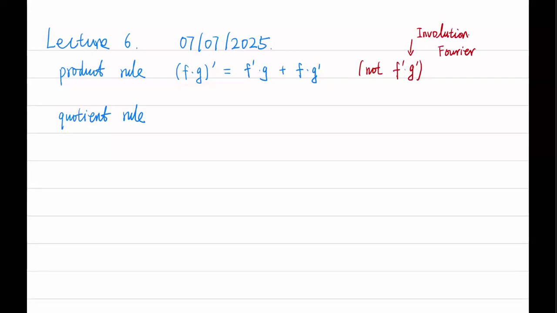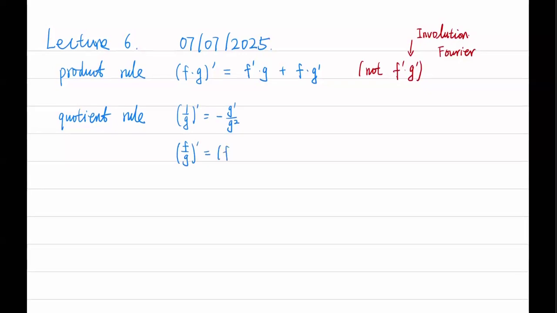And for the quotient rule, we start with a special case. The special case is 1 over G. The derivative of this is, okay. Then we find the general case, the quotient. We view this as the product of F with 1 over G. So we apply the product rule, and we get